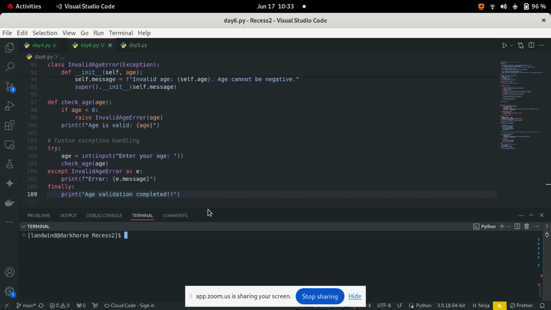Then I've used my super method to call my initialization method.